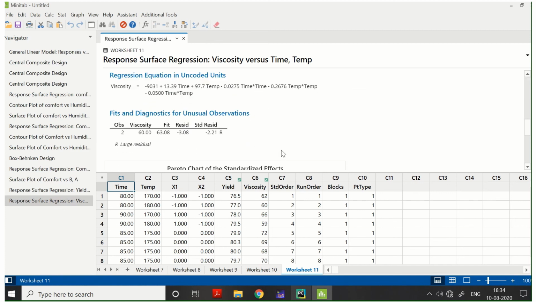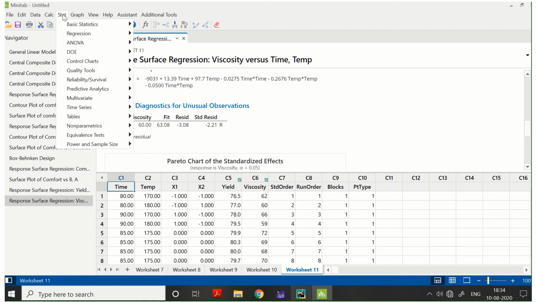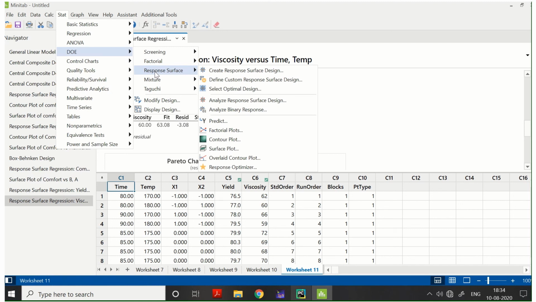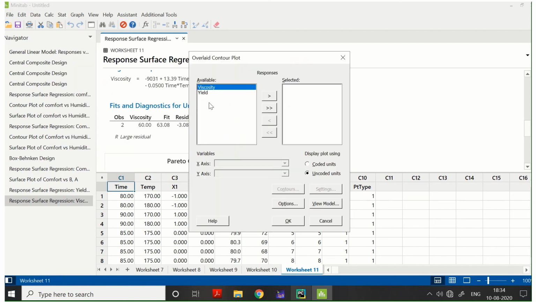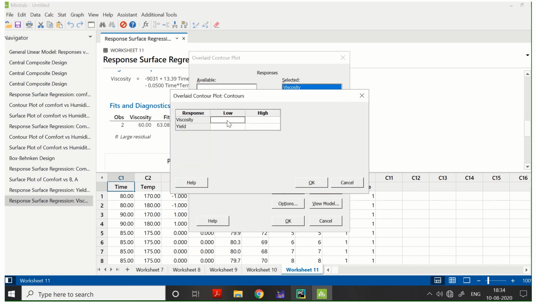So there is an ANOVA table. I don't want to explain it now. Now I want to simultaneously optimize both responses and the variables.